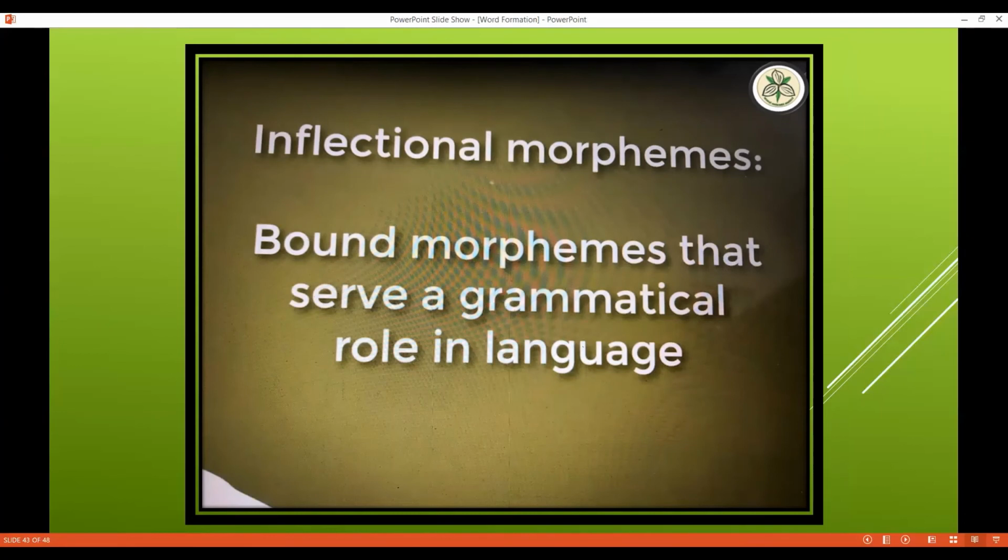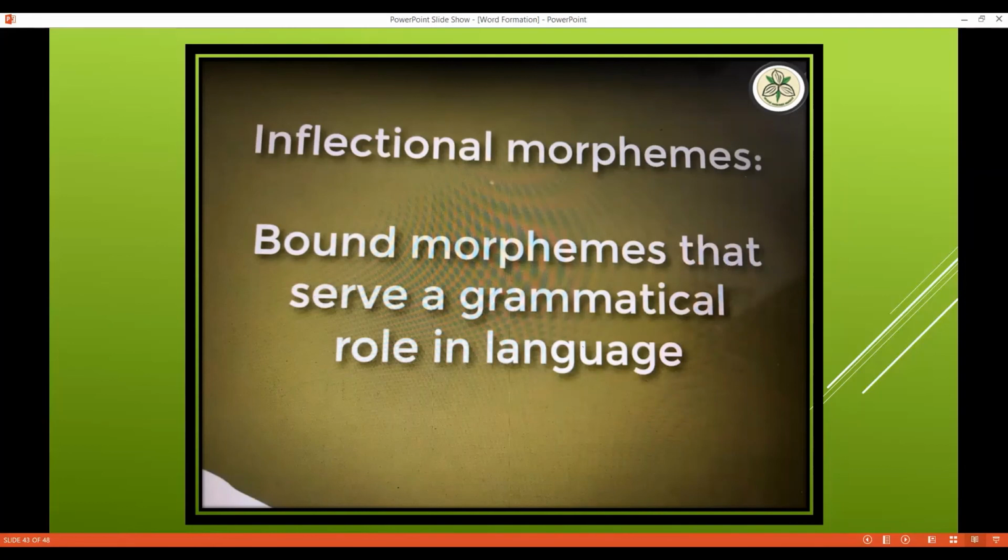So these bound morphemes that are inflectional cannot create new words. They don't have the possibility of changing the lexical category of the word from one to another. Instead, they have to do with the grammar, what's going on inside the word. So in fact, there are really just eight